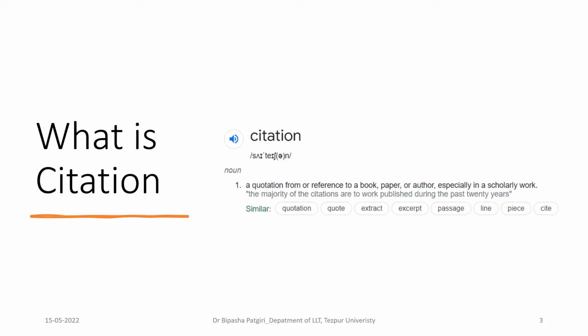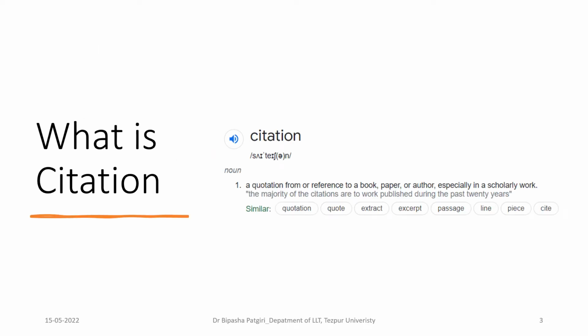The roadmap of this talk is divided into three parts. In-text citation is the first thing that we are going to discuss. Then I'll talk about the references, how to style them, how to make a list of references. And then at the end, I'll talk about very basic formatting ideas so that becomes handy when you type and write a dissertation. Now, what is citation?